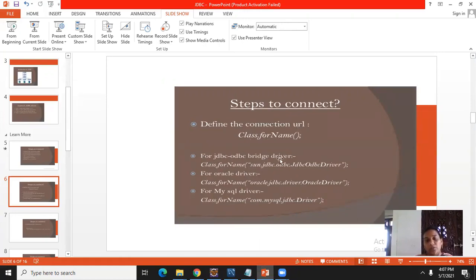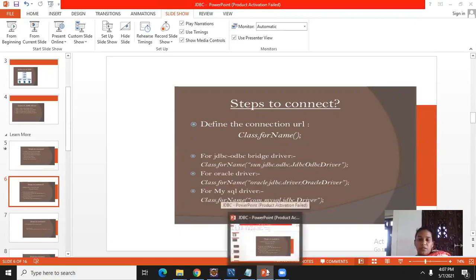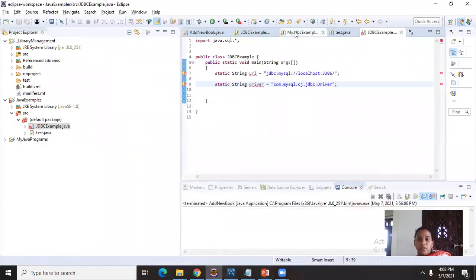I told you I am using the JDBC ODBC bridge, so for Oracle we will use sun.jdbc.odbc, and either of these two drivers we can use for an Oracle database. But in my system I am using MySQL, so I am using Class.forName with the com.mysql.jdbc driver. So I will first connect with the driver.